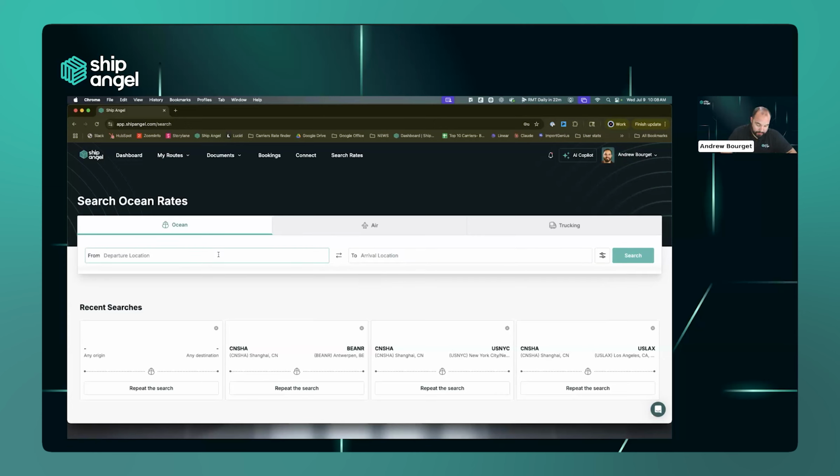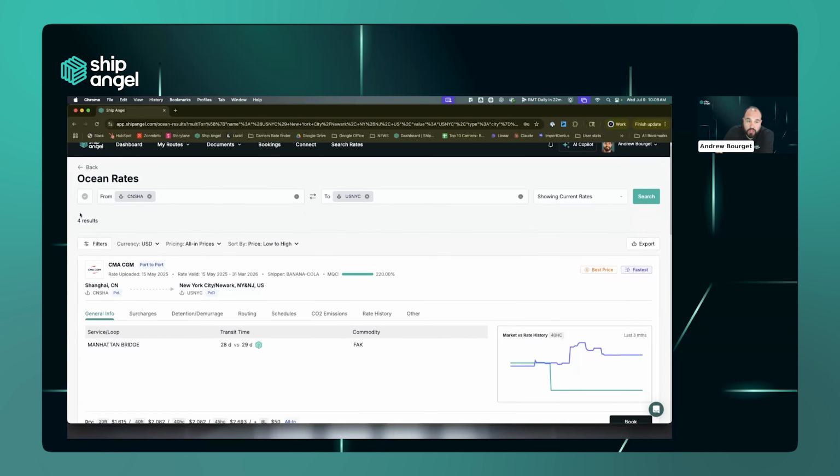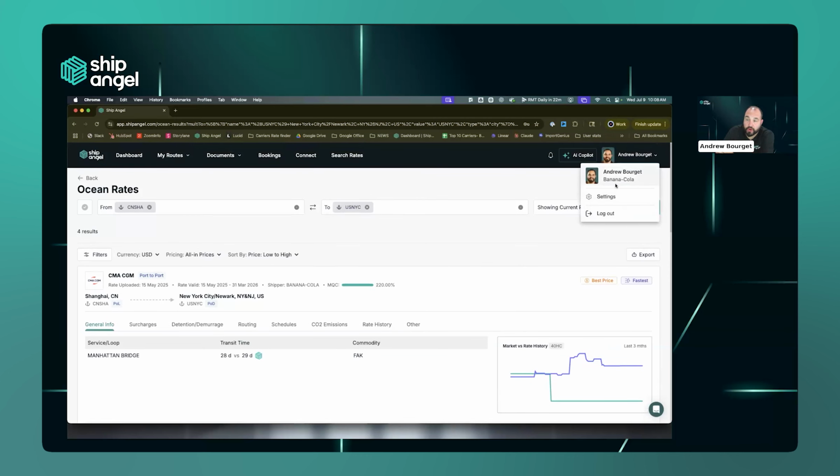Here, I'm going to type in Shanghai to New York City, and I'm going to search and show you guys what the system looks like once you've searched. Once the results have populated, what you're going to see here is all of the four results that come from Shanghai to New York City. And so these are all of the rates that I have, or in this scenario, our fictitious shipper called Banana